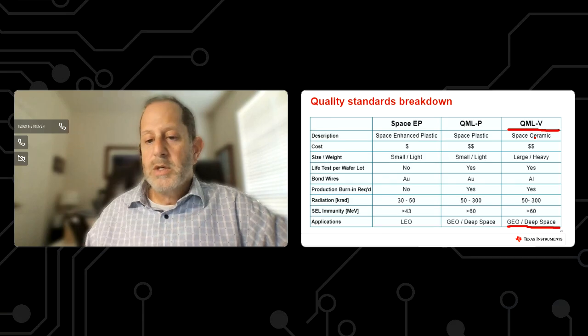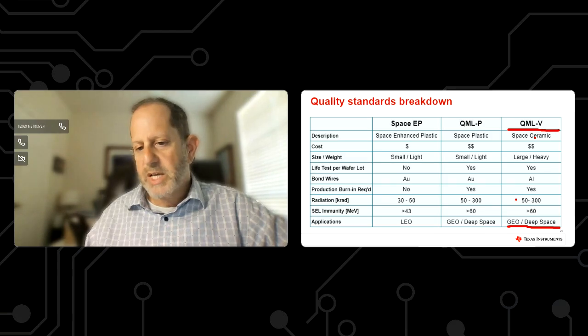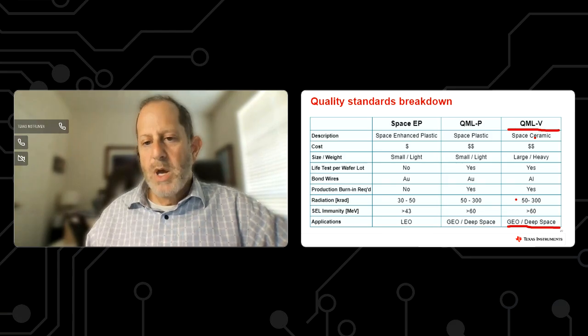They're supporting deep space and geosynchronous orbit type satellite solutions. Every device is going to be a little bit different, but we're talking about something that's, generally speaking, in the 50 to 300 KRAD. Most of these type of devices are probably going to be around 100 KRAD or so. That's kind of where they typically land. These are perfectly good devices, suitable for these applications.